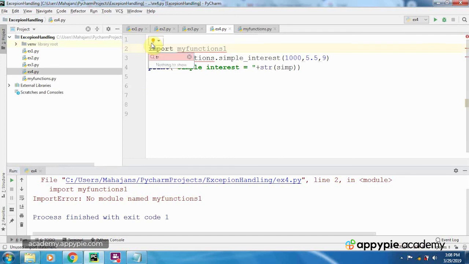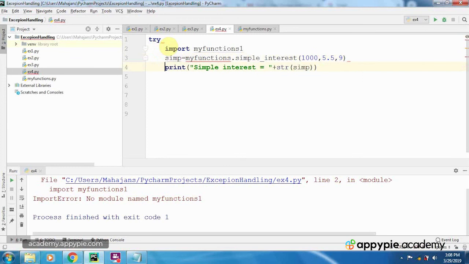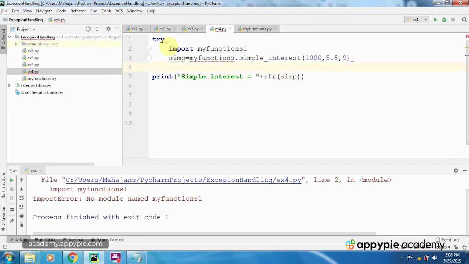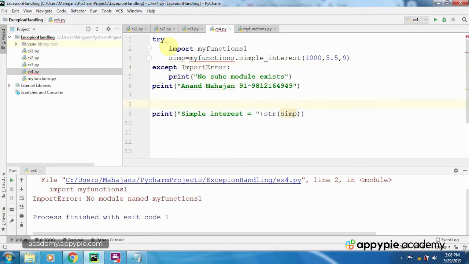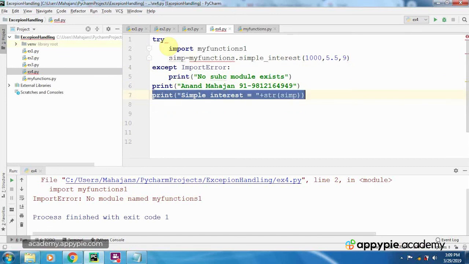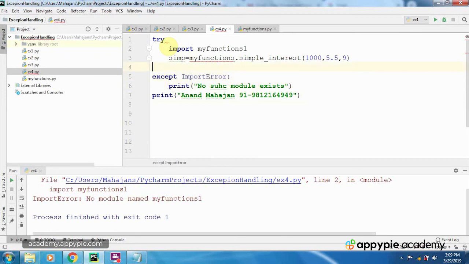I will write try, and now there should be indentation, import and all this, okay. So far so good.